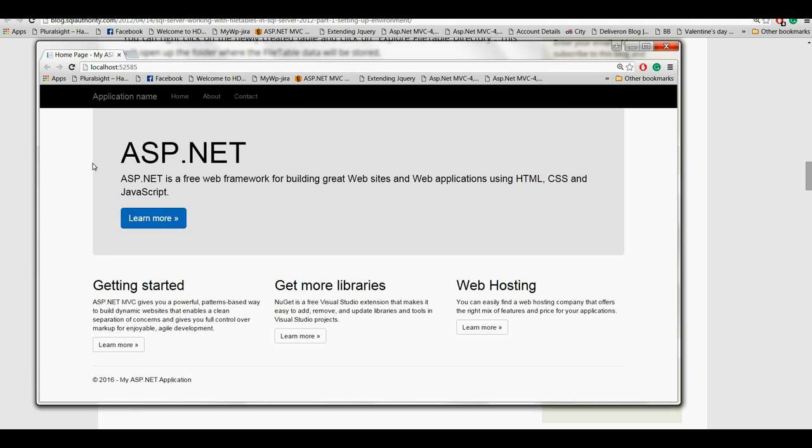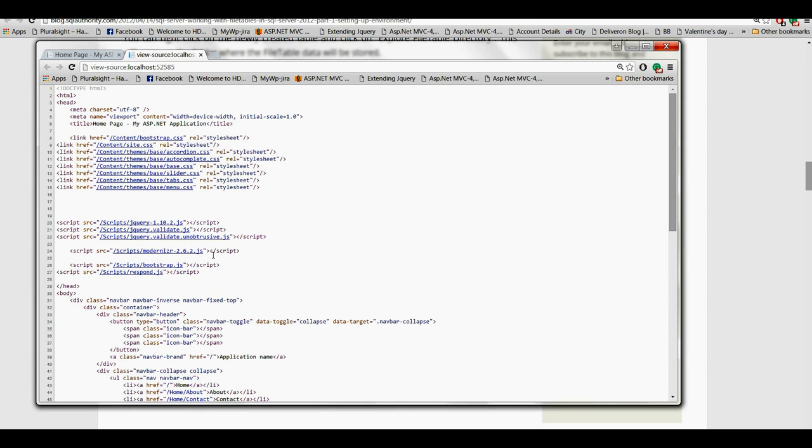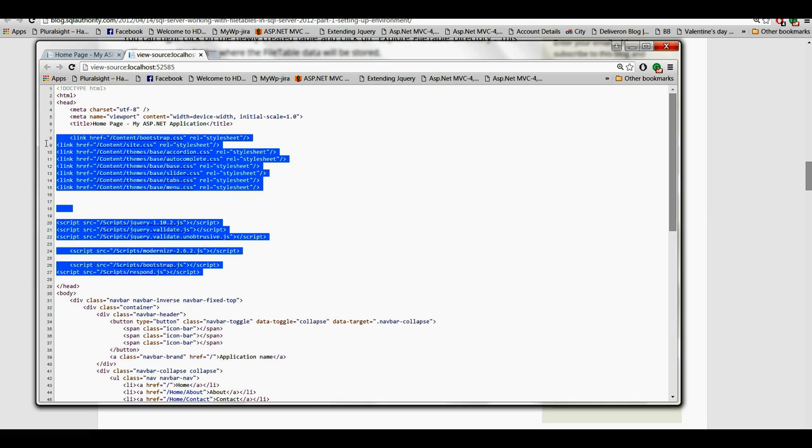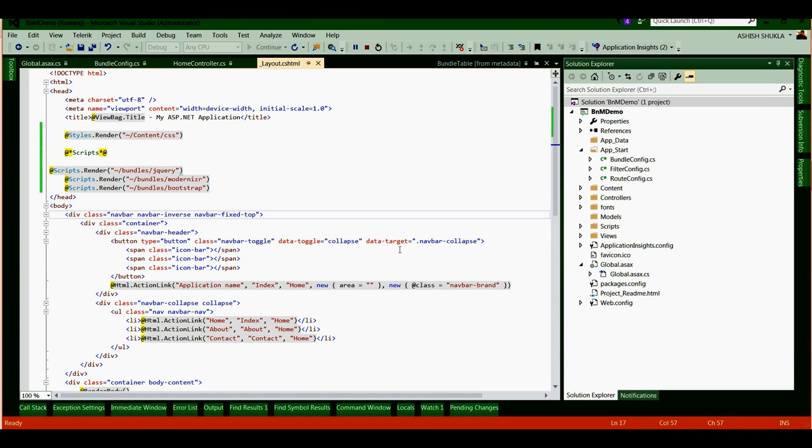So here now if we look at the source of this page, you might wonder why, after bundling and minification, I have these different files. The answer to this question is that the ASP.NET MVC framework is smart enough. It knows that we are running our application in debug mode, so it does not render the minified version of these bundles.